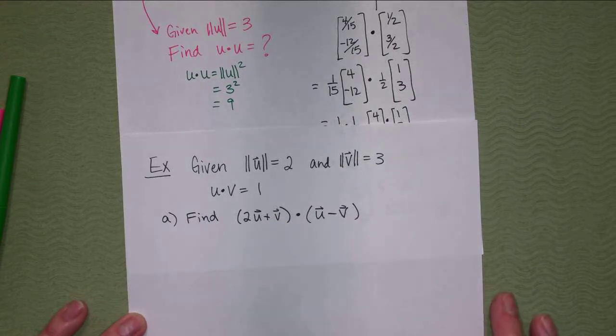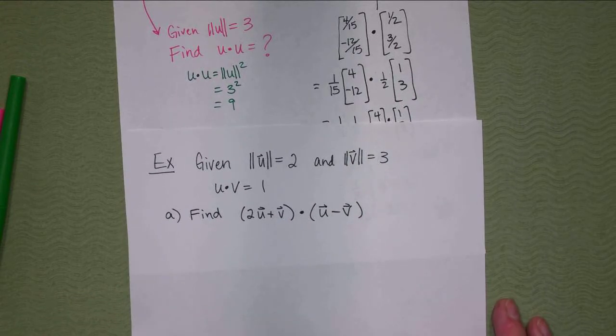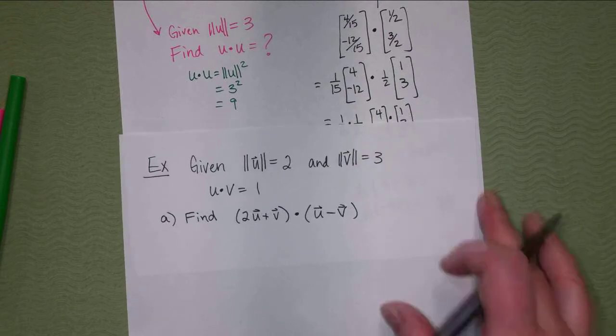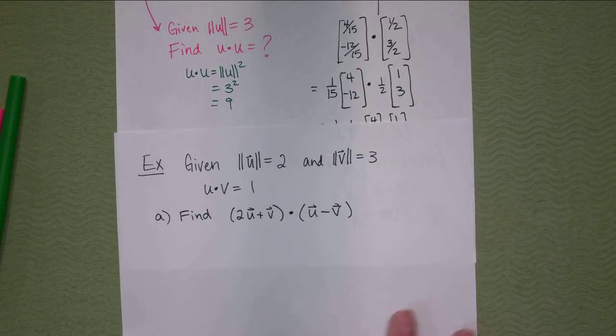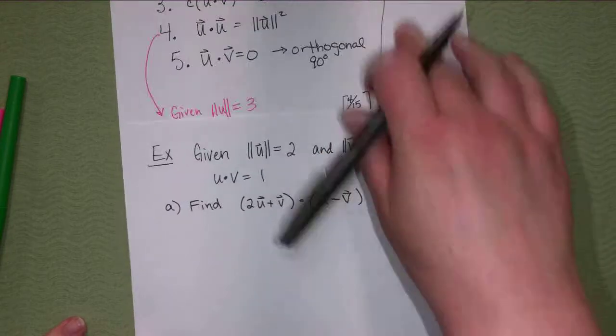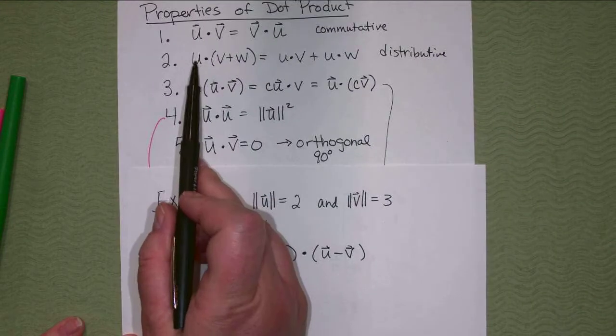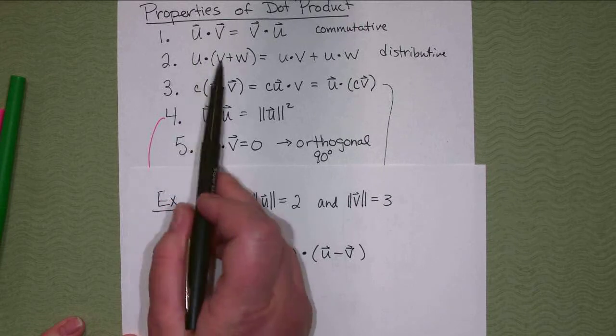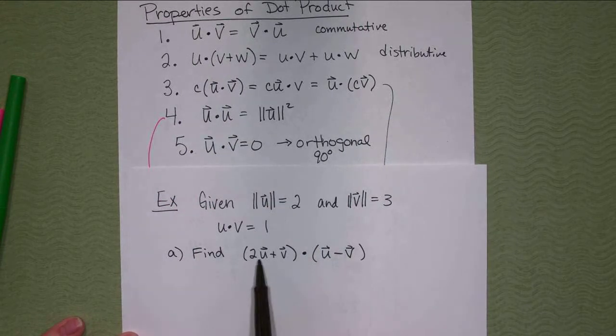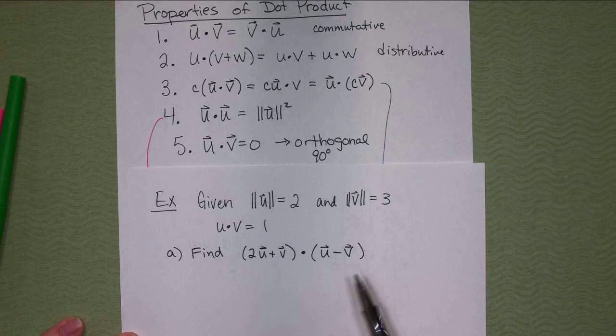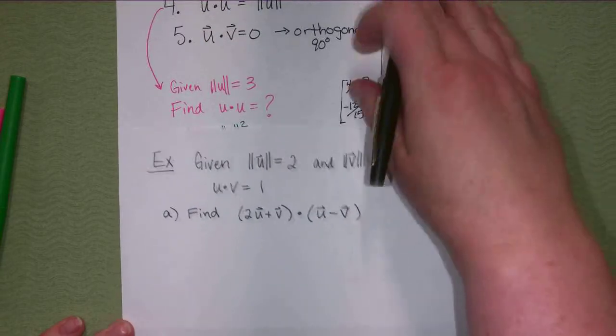And it said find this. So if we look at our properties here, this is like our distributive property where you can multiply it in. You can do the same thing as sort of like FOIL. If you had two brackets and you wanted to expand them, you could do that. So you would go